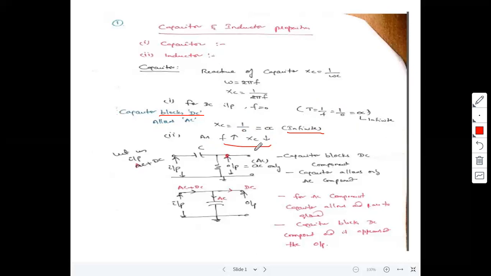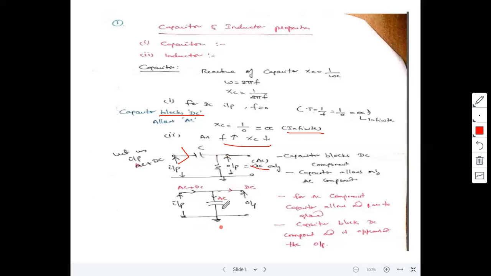Now, how to connect the capacitor? Always observe the secondary terminal of the capacitor here. Whether the secondary terminal of the capacitor is connected to ground, or the secondary terminal of the capacitor is given to the output or next stage of the circuit. In the first case, the capacitor is connected in series. That means the secondary terminal is directly connected to the output. Now in this case, what happened? It does not allow the DC component. It allows only the AC component. That means the output contains only AC components.